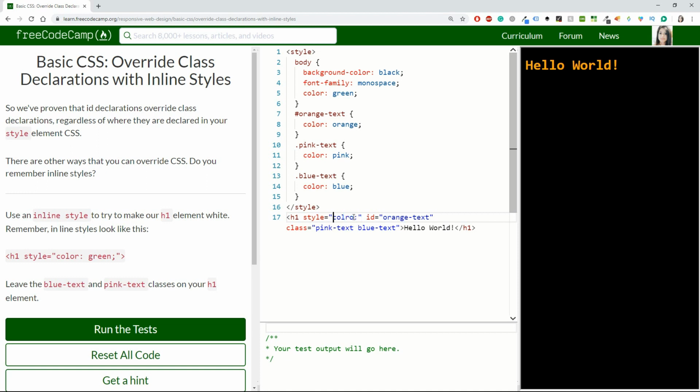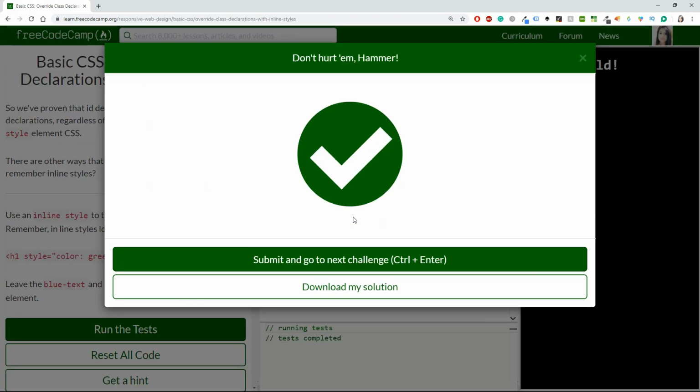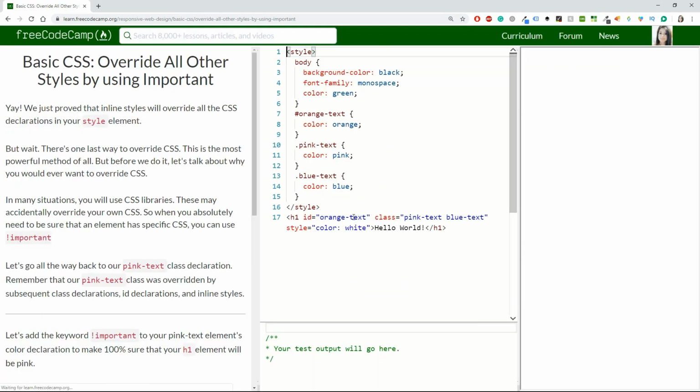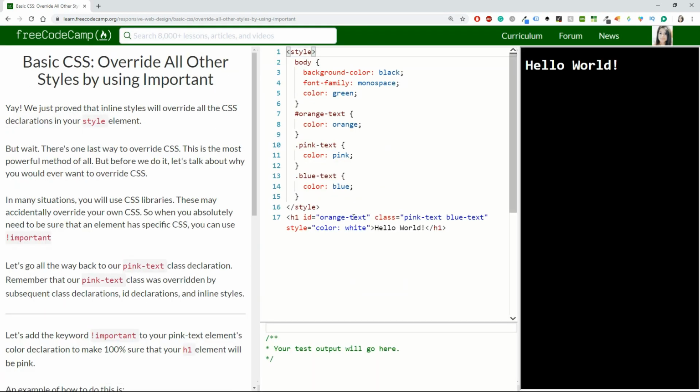Okay, first I need to learn how to type, and then I can fix my color. Okay, color of... Now my PC is actually quite slow, but maybe you cannot see that. Cool, everything is correct, and we can continue, and let's forget about my PC being slow. Override all other styles by using important. Yeah, we just proved that inline styles will override all the CSS declarations in your style element, but wait,